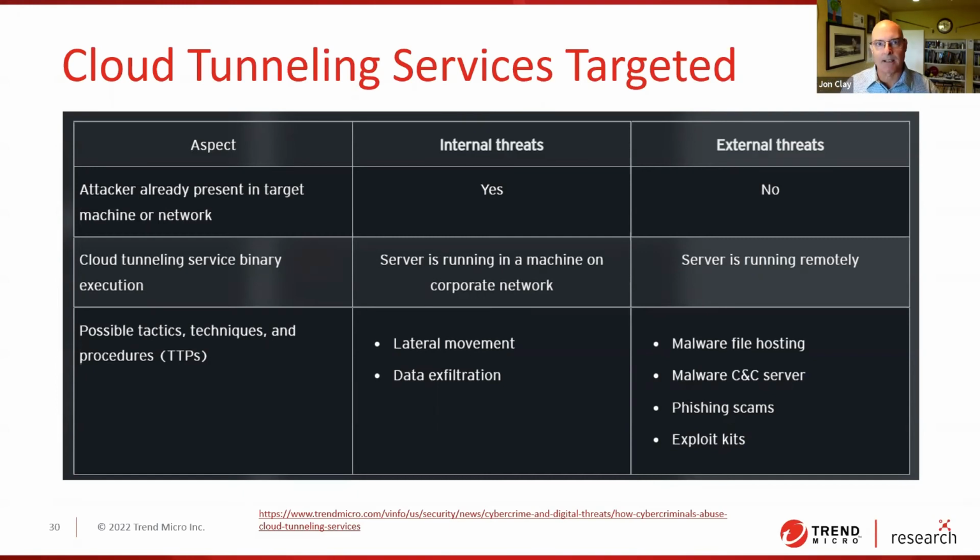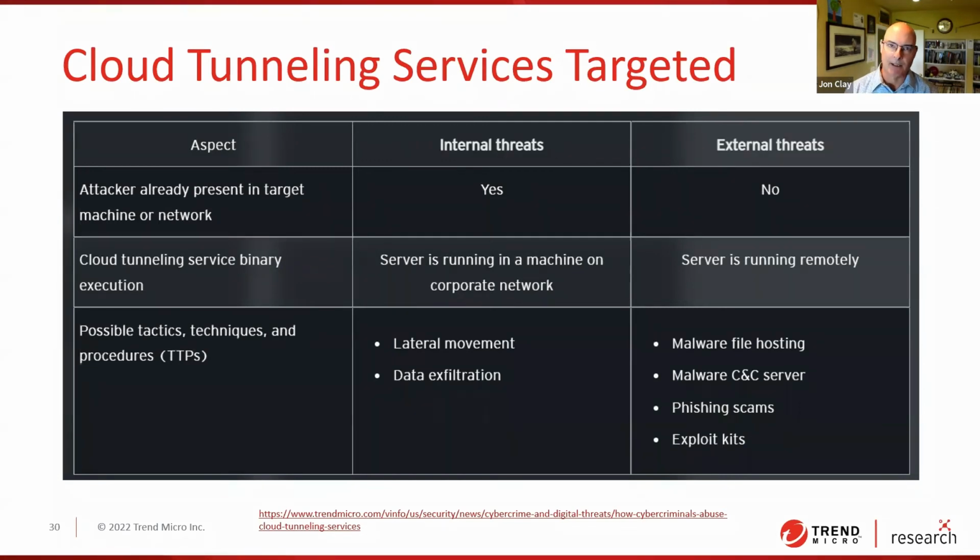Now, obviously, that can cause challenges. And what we saw here, for example, is that there are both internal and external threats associated with cloud tunneling. You can see in this table, cloud tunneling service binary is in internal threats. It's a server running on a machine in the corporate network, whereas on an external one, it's a server running remotely. So they've configured it to run remotely, and some of the